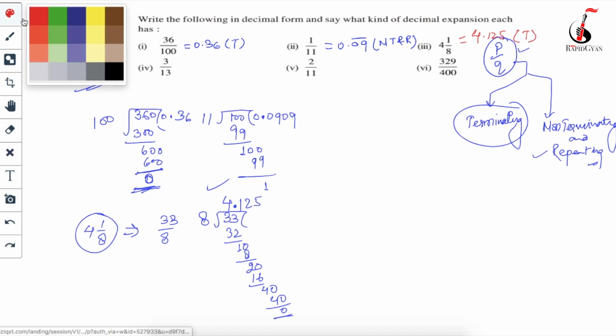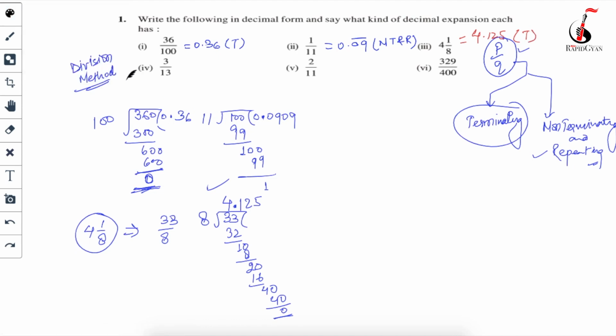Okay. Now I will go to the next question, fourth question, which is 3 upon 13. So we will divide 3 by 13. We know 3 is not divisible by 13, so we will put one decimal over here and we can put 10 over here. So how many times will it go, beta? It will go 2 times, correct? So 13 2s are 26, correct? So I will get 4, decimal is already there, then it's 4.